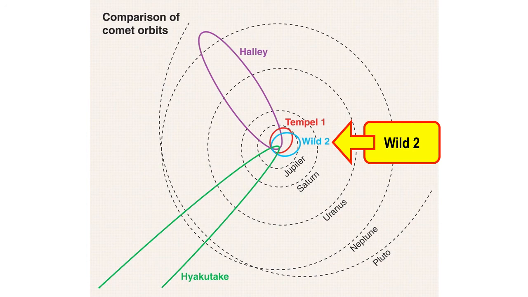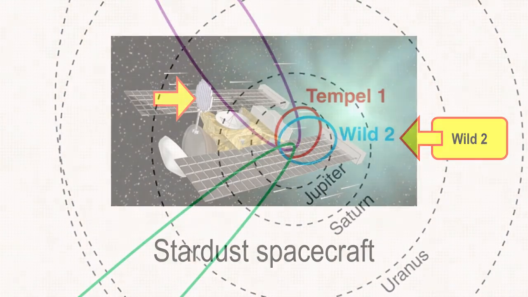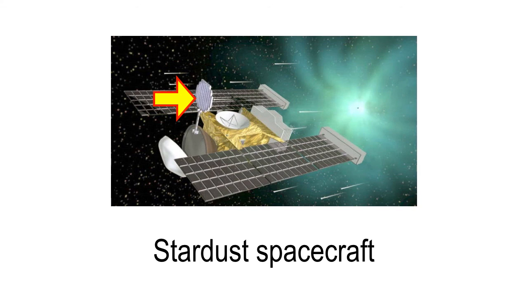And we think that they originated out in the Kuiper belt, which is like the asteroid belt of comets. We'll talk more about that on Thursday. But then they kind of got captured by Jupiter. So now they're orbiting along with Jupiter. And they come down into the inner solar system every few years where we can see them. Okay? So now Wild 2 is the one that we're going to look at carefully because Wild 2 is the comet that we sent the Stardust spacecraft to fly through.